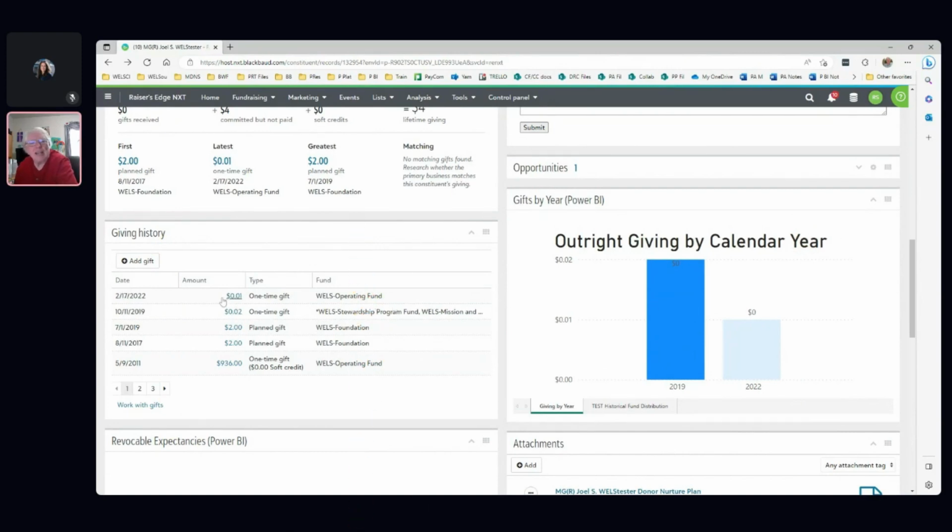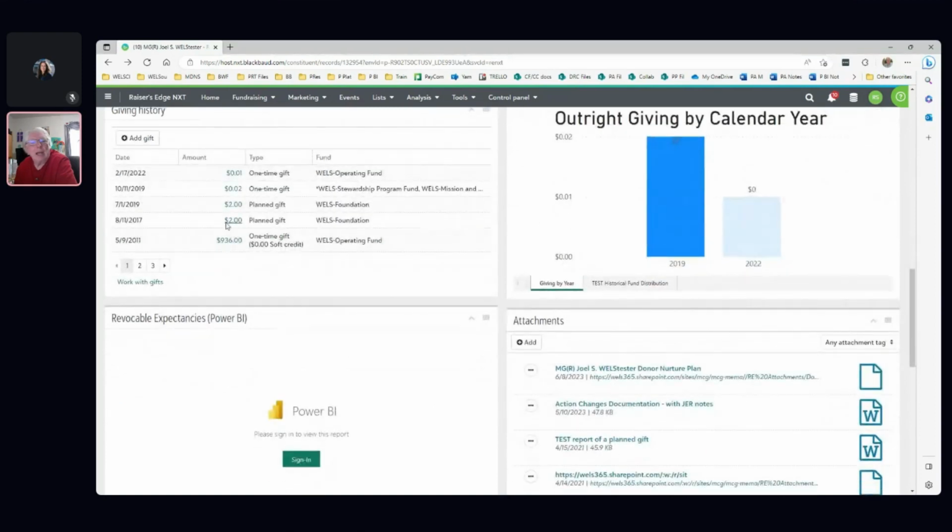So it's not anything different. The information's available under giving history, but if there is a monthly gift, gifts over time, and you've got 3 or 5 pages of these gifts, you could add them all in your head, or you could spend 5 seconds and see a nice summary of those gifts listed here. Again, it's a reasonably simple Power BI report, although it's here for, again, outright gifts. But it does not include these 2 planned gifts, and that's also by design.